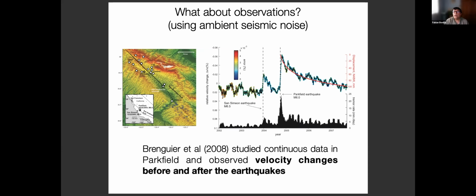And what you can see here is that during the earthquake, you have a drop of the velocity change. So here is a negative value. This is the background velocity change close to zero, so nothing happens. And then you have the earthquake, and then you have a shift in the velocity change, and then you have a recovery. And then you have the Parkfield earthquake, and then you have a stronger shift because it was another earthquake, and also it's closer to these stations, and then it lasts even longer. And what is interesting is they plotted in this way because you can see that this recovery is related also to the aftershock activity in this area.